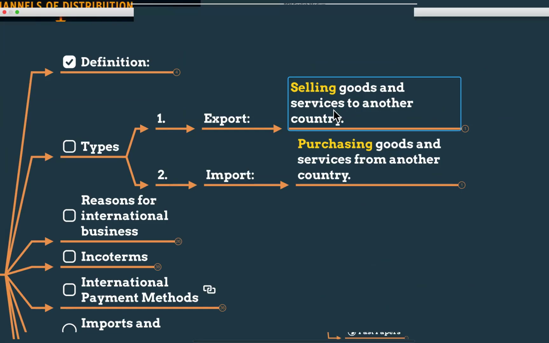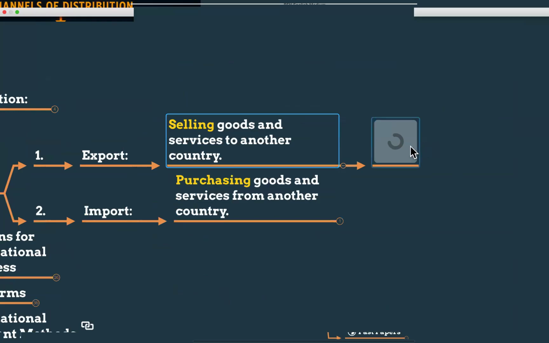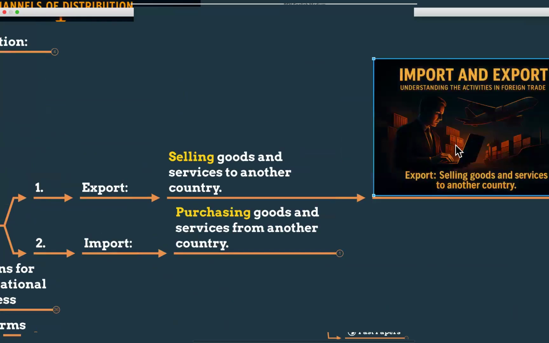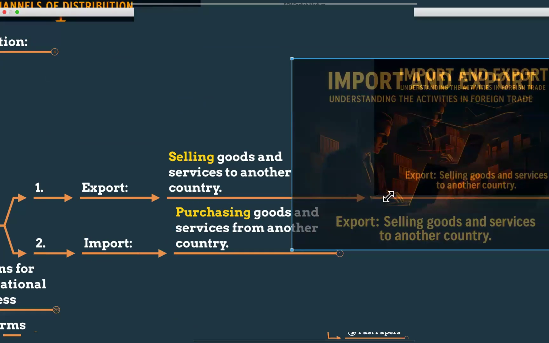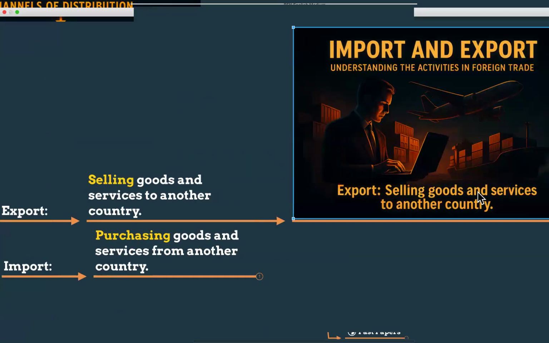So foreign trade has two directions, what we sell out and what we buy in. Selling goods and services to another country is called export. You have to understand, my dears, when Sri Lanka sells to the world, we earn foreign currency. Then only we can receive dollars and euros, and our foreign reserve is better. Then only we can pay the interest on the loans we have taken from international authorities like the IMF. That's why exports have zero taxes, in Sri Lanka and in many other countries also.